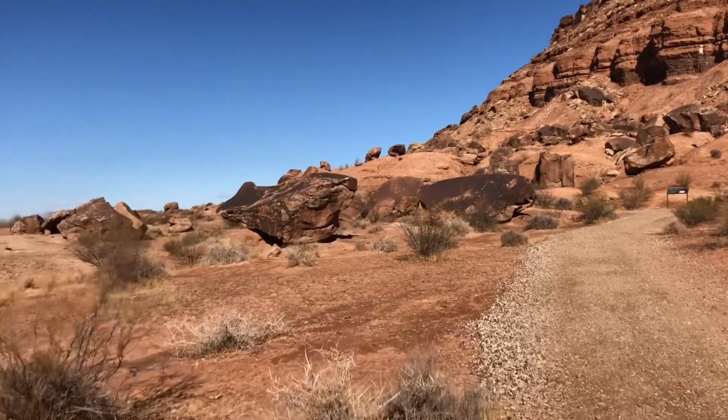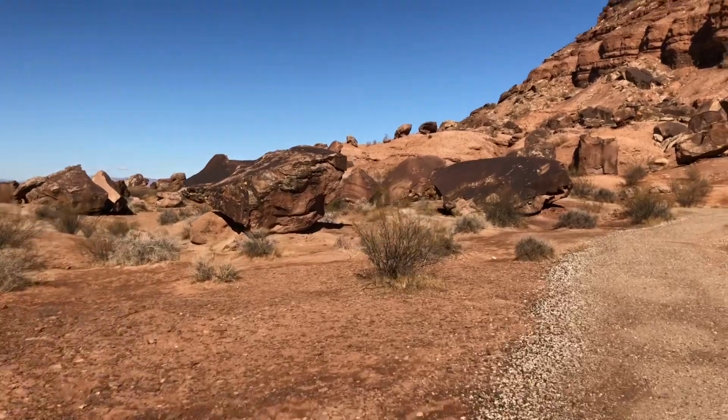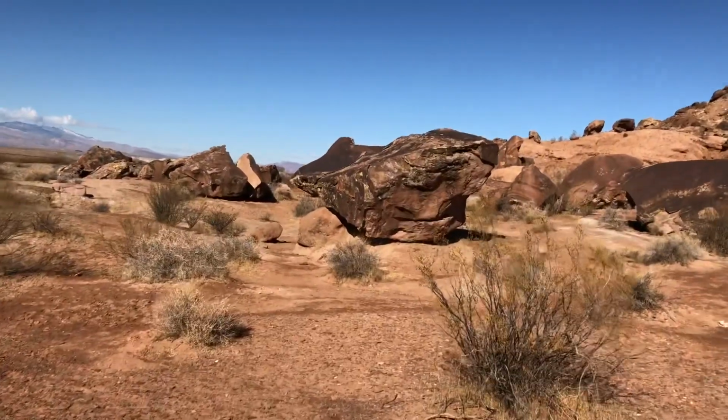I'm glad they protected this site as much as they have. There's so many other cool places I may have to make some videos of that just don't get protected. So here's the rock,